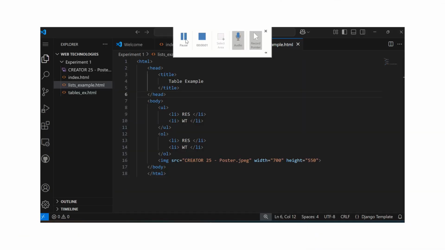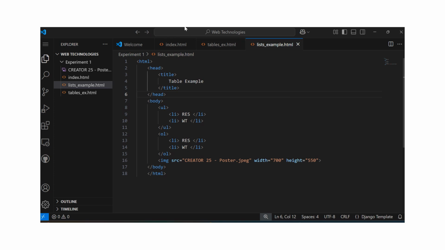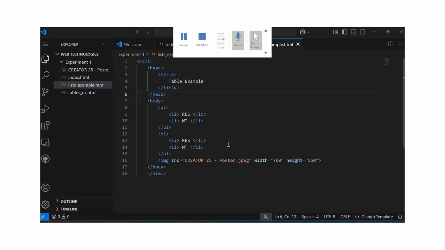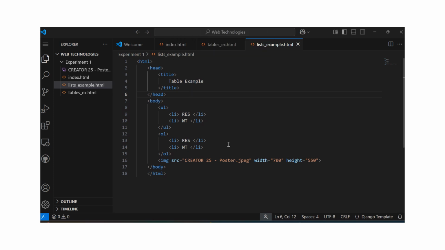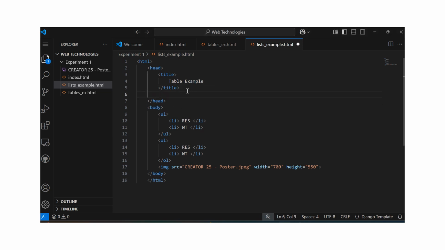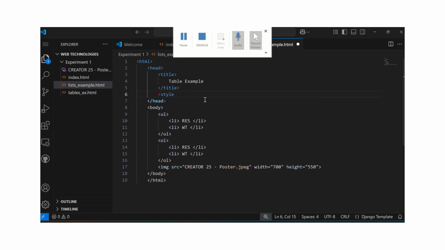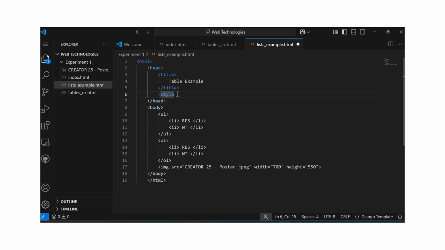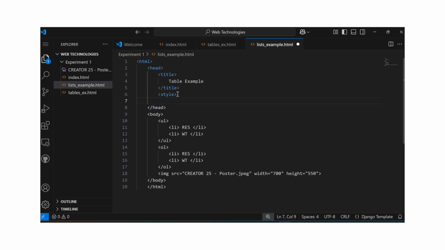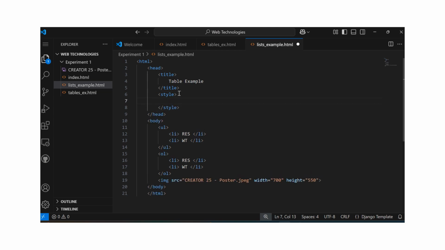So now I'm going to teach you how to style this page internally. So now I'll show you how to style this. There is another tag called style that can be put inside your head tag. Style. Okay,